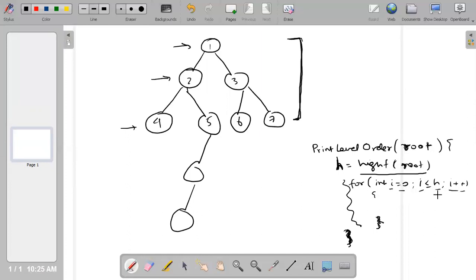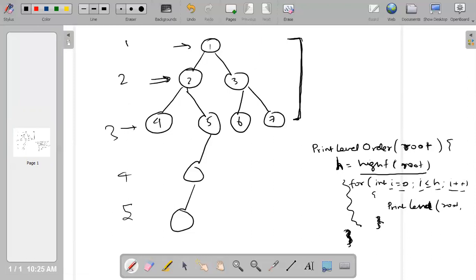Okay, this looks good, but how can I print these two elements if I am passing the level? Maybe so this is level, right? Height equal to h means 5 levels, then 5 height, then this is level 1, this is level 2, this is level 3, this is level 4, this is level 5. So I'm thinking I'll pass print level, and I will pass this root node, and I will give the level.